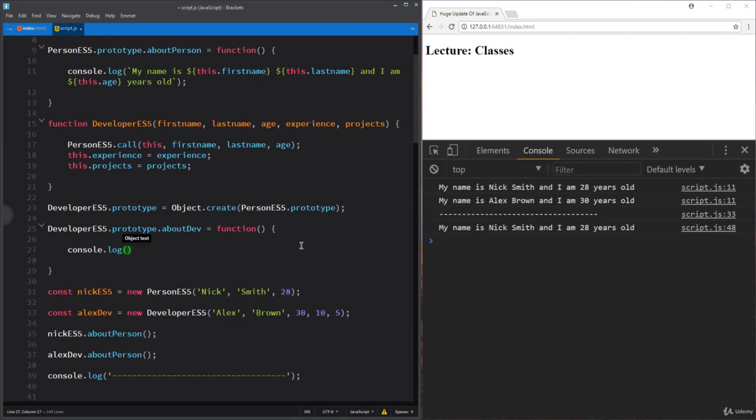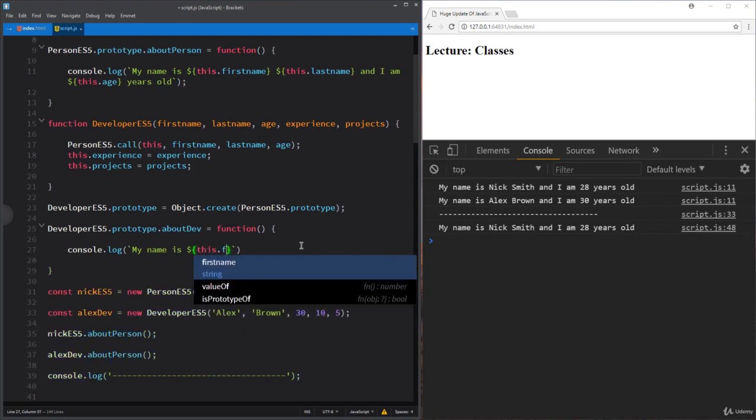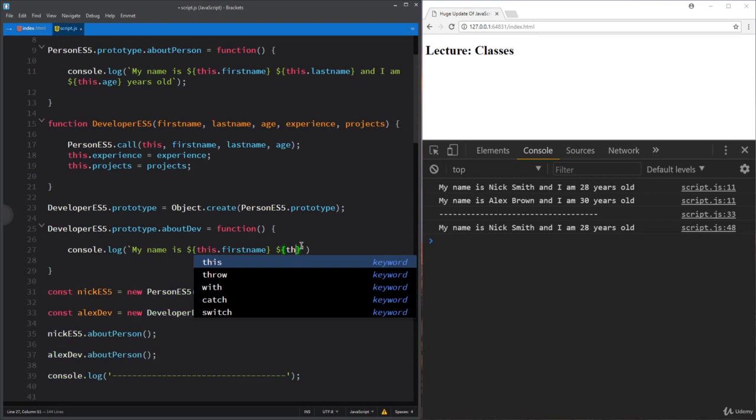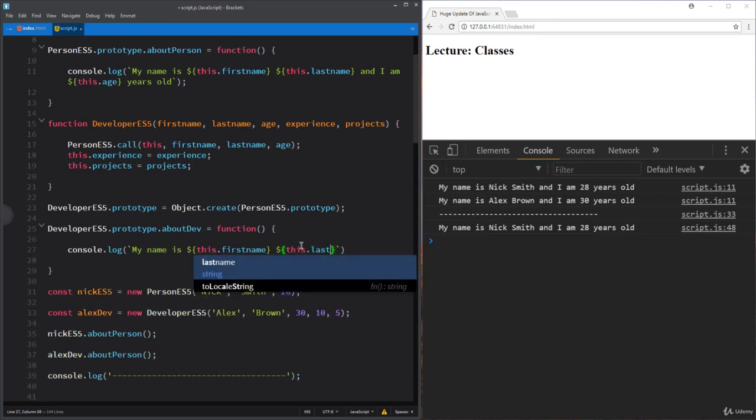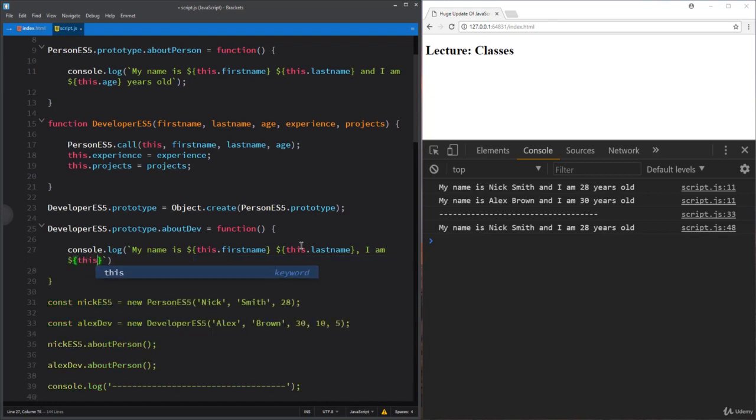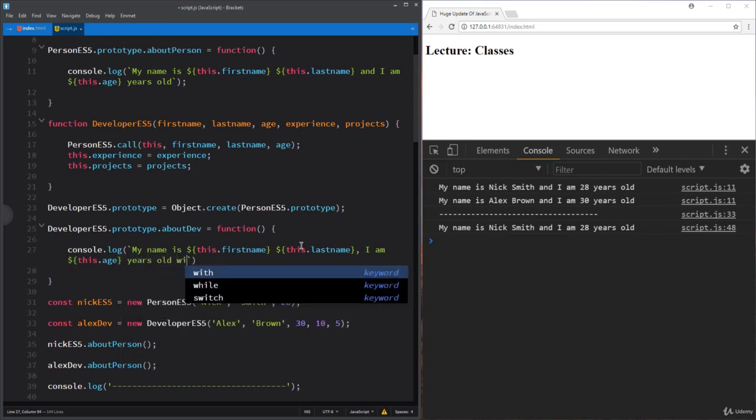Then write console.log and let's use here all the properties which we have assigned to developer ES5 constructor. So write the following: my name is, then this.firstname, then use here last name, so write this.lastname, then I am, and this.age, years old with,